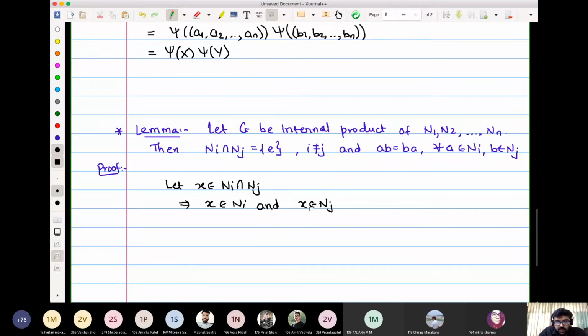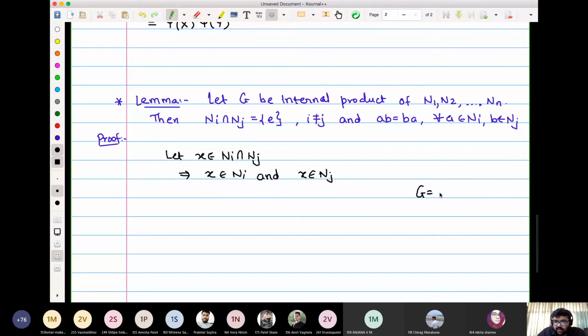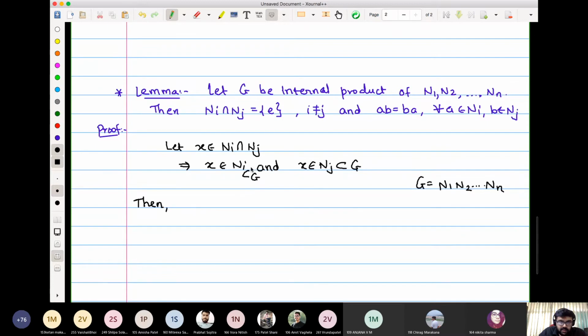Now how do we write this as an element of G? G is the internal direct product, as given. Ni is a subset of G, and Nj is also a subset of G. So x belongs to G. If x belongs to G, I want to write it as a product of elements of N1, N2, up to Nn. Considering x is in Ni, then I can write x as